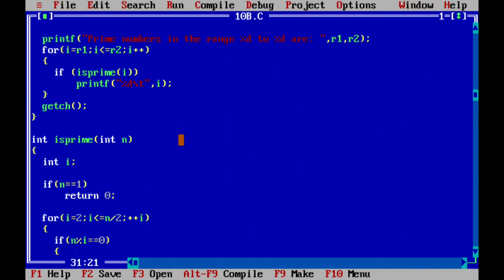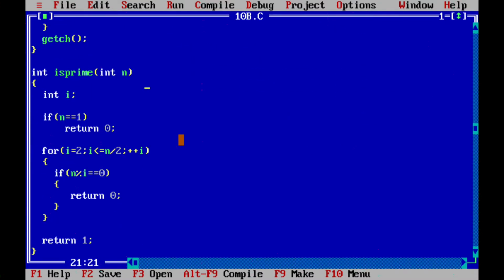And let's come back to is prime. It is taking an integer n, and what it does is, if it is 1, that means the condition is 1 or itself. So if you are passing 1, number 1 is not a prime. So it's a special condition. If somebody mischievously sends it as 1, then we shouldn't print it as prime. So 1 does not qualify to be a prime. So if it is 1, just return 0.